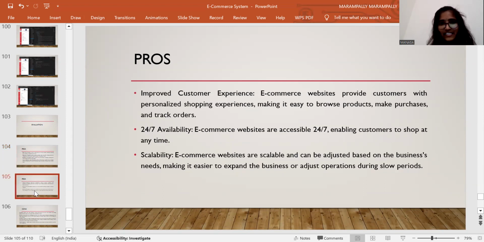And improved customer experience. This e-commerce website provides customers with a personalized shopping experience, making it easy to browse products, make purchases, and track orders. 24/7 availability: the e-commerce website is available 24/7. Scalability: the products in the e-commerce website can go up and go down based on the